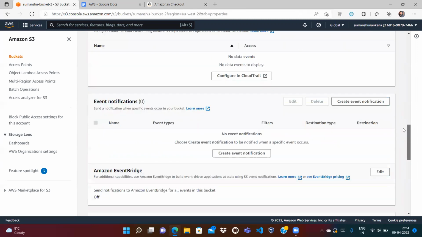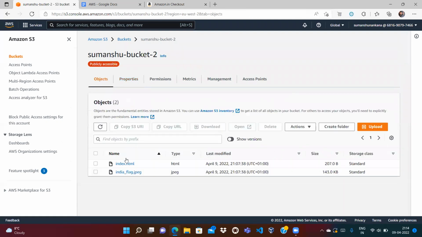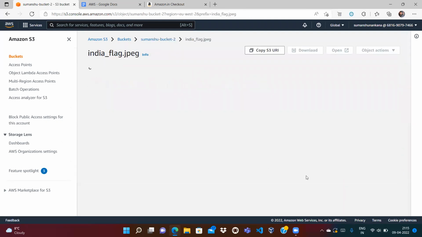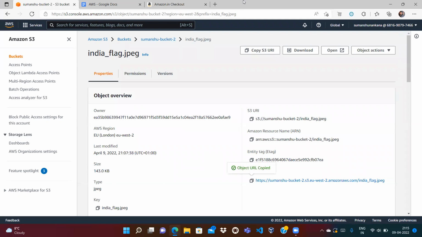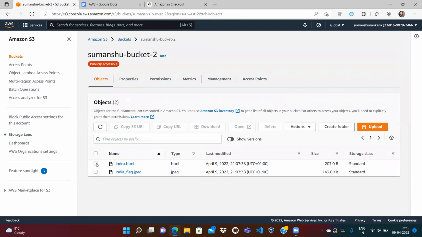So if you go to the objects, let's try to manually access this copy, and we have accessed it. Okay, now do a few more things. Let's try to delete it, india flag.jpg. So let me delete it,